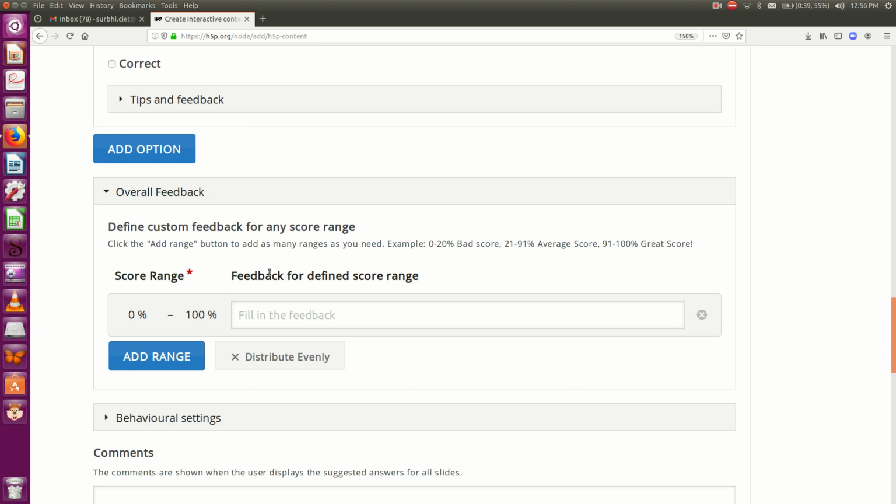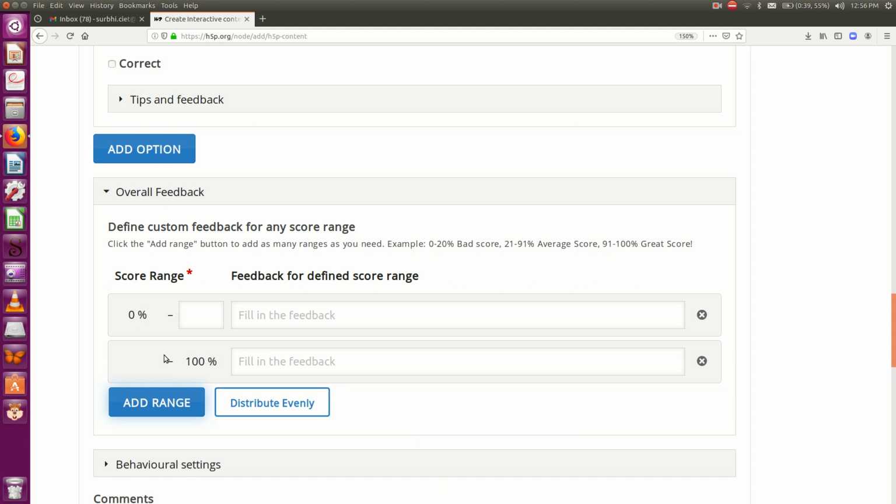Now if we like, we can give specific feedback for the students depending on the percentage of the marks that they are receiving. So we can add range. For 0 to 30%, the feedback that I would be giving to the learners is "you can do better," and for 31 to 100%, I would be giving the feedback "yay, well done." We can break it into multiple ranges such as 0 to 10, 20 to 30, then 30 to 50. So it's our choice.